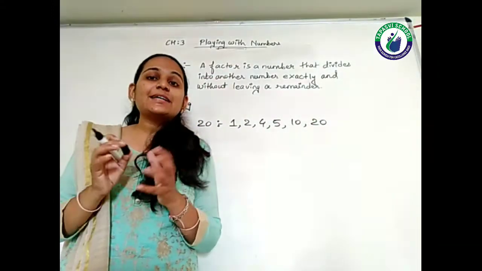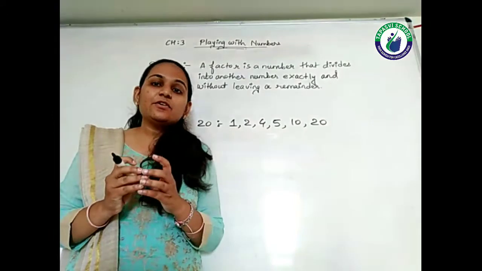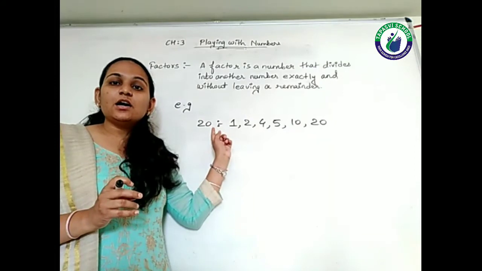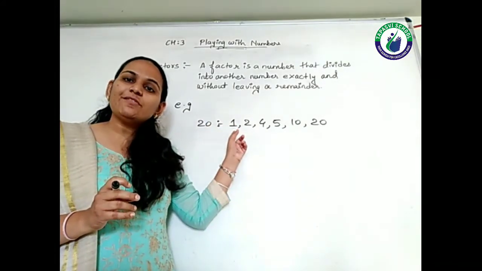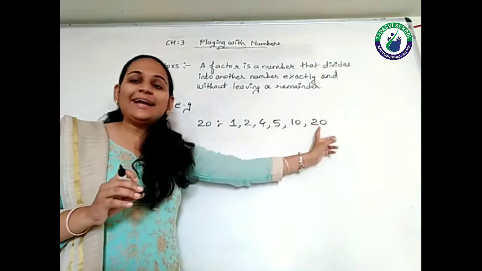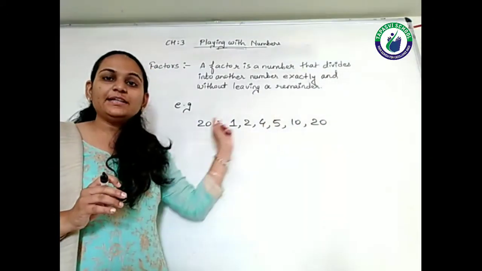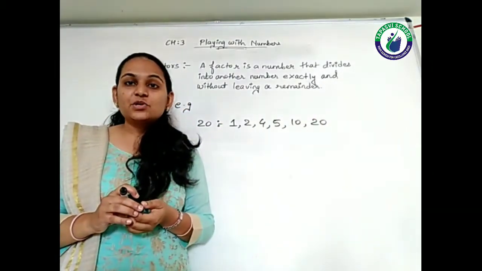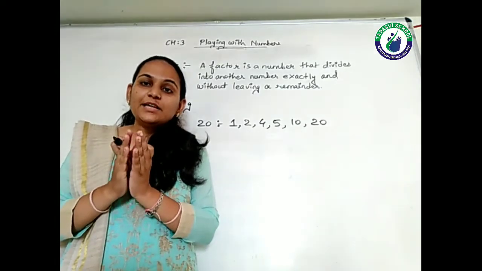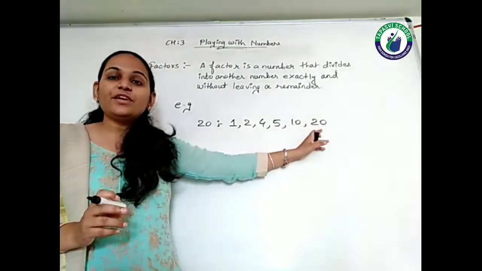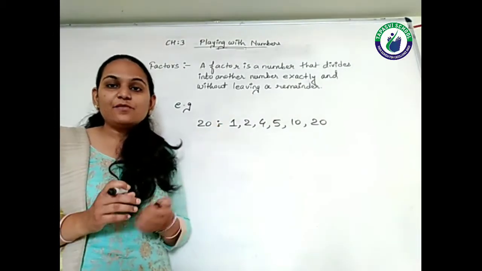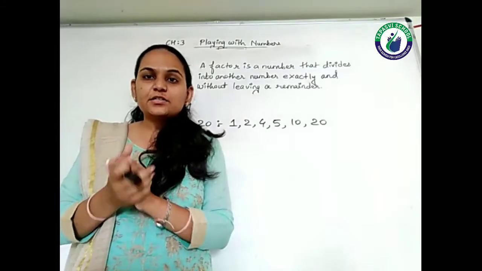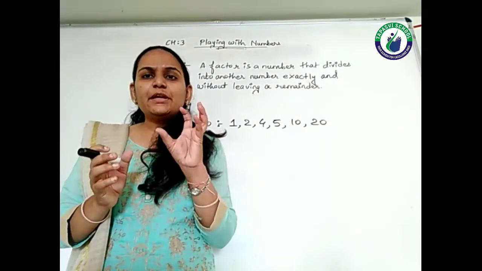See, students, here you can mark a certain thing. That is, whenever we write the factors, right, the starting is always with the 1. That means whatever number you choose, your starting will always be that 1 only, and your ending will be the number itself, right? That means whatever number you have written, the same number will be there in the ending also, right? So starting is fixed, that is 1, and ending is also fixed, that is this number itself only, right? So what you can understand from this, students, is that if you want to write the factors, just remember whatever the number is, right?